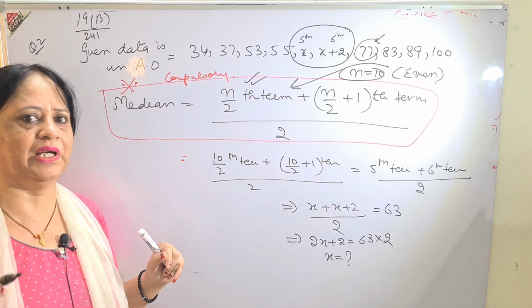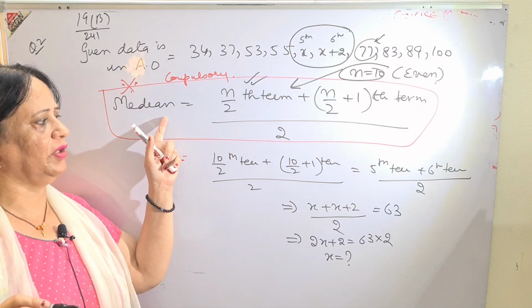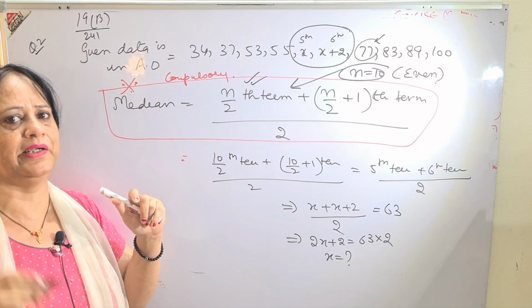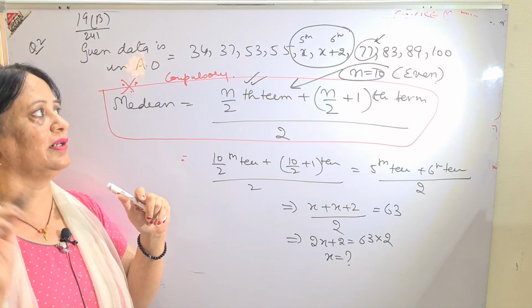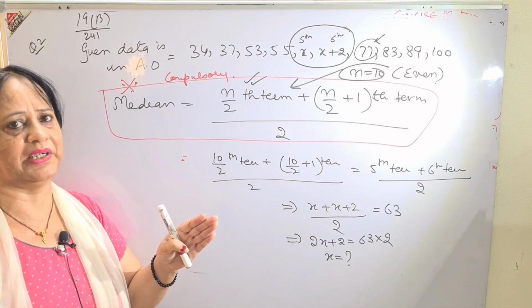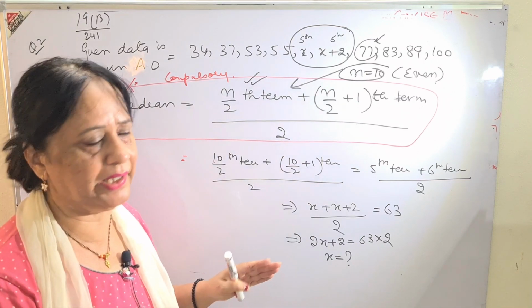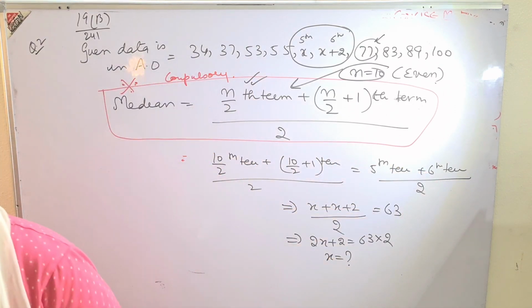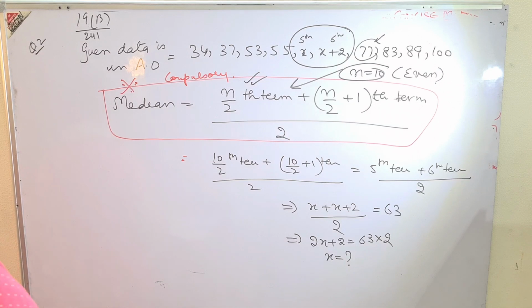You know that because n is equal to 10, and after putting the formula, I got the 5th and 6th terms. So if I change the 7th, 8th, 9th, 10th term, or the 1st, 2nd, 3rd, 4th term, no difference is made. Only the 5th and 6th terms matter, because n is equal to 10 and according to the formula I get the 5th term plus 6th term divided by 2. Similarly, question number 5 is already the same as question number 2. And question number 4 I will also explain a little so that you don't get confused.